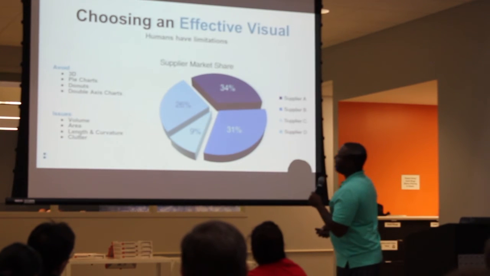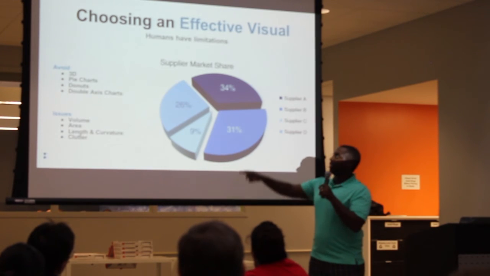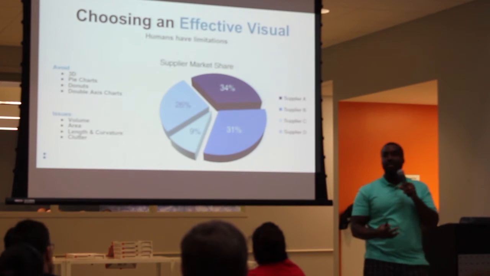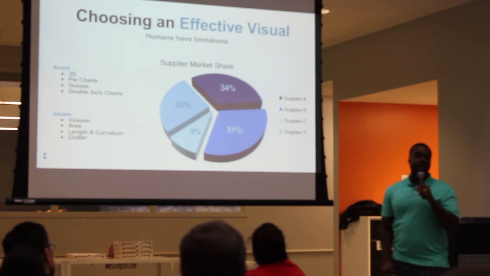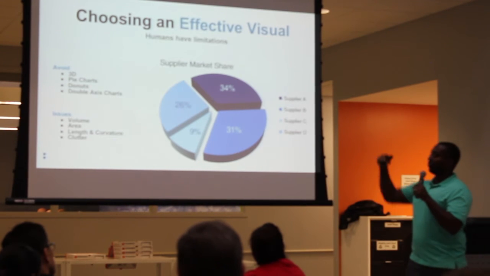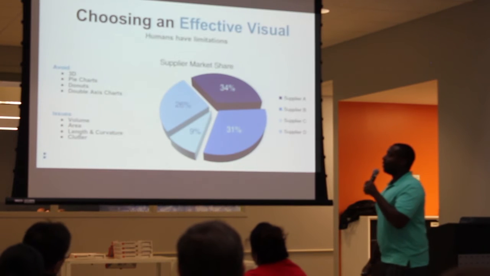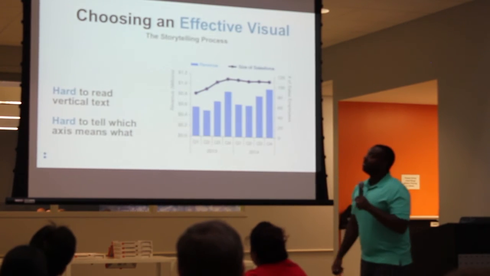Pie charts, you can avoid those if numbers are really close. Avoid this type of use when you have lots of different slices. You might want to limit the slices. And then donuts are even worse than the pie chart, right? You need to determine curved lines and volume area. And then double axis chart, we'll talk about now.